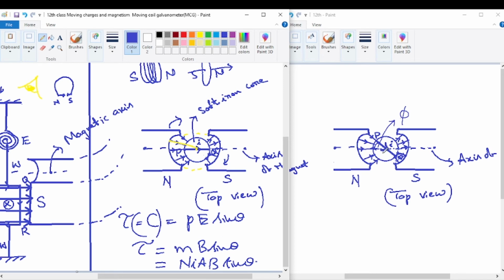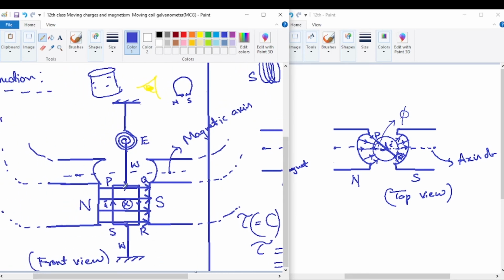Now once the coil is actually deflected by this torque, just observe here, once the coil gets deflected through an angle, any angle, immediately the phosphor bronze wire W and the phosphor bronze spring E apply an opposing torque, because they get twisted. Now that opposing torque is called restoring torque, elastic torque. That restoring torque is proportional to the angle of deflection phi. The more the deflection, the restoring torque will increase.